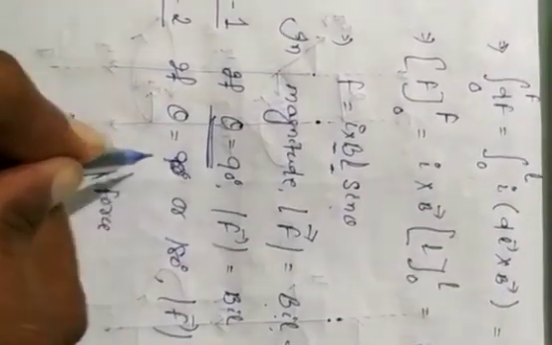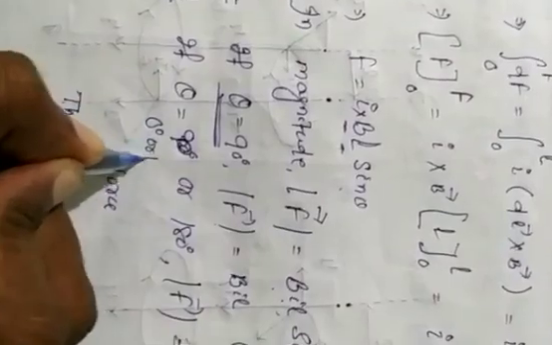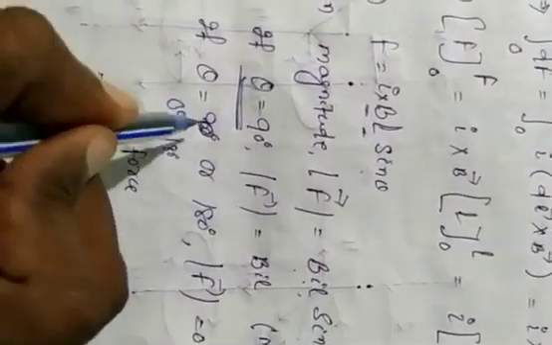Similarly, if theta equal to 0 degrees or 180 degrees, since sin 0 equal to 0 and sin 180 also equal to 0, mod F equal to 0, and it gives the minimum value. Thus, no force is experienced by the current carrying conductor when its length is parallel to the lines of magnetic field, whatever may be the direction of the current.